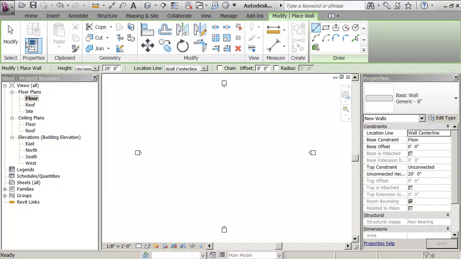and on the options bar up here I'm changing to say that I'm drawing finished face exterior, and I'm making sure that the chain option is switched off, which means that I'm drawing one wall at a time, beginning and end of the wall. The default height is 20 feet. So I'm going to roll forward to get a little closer to the middle of my project and then start